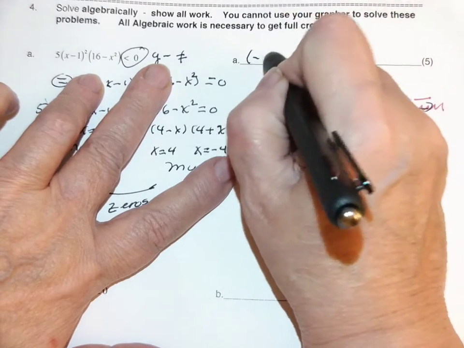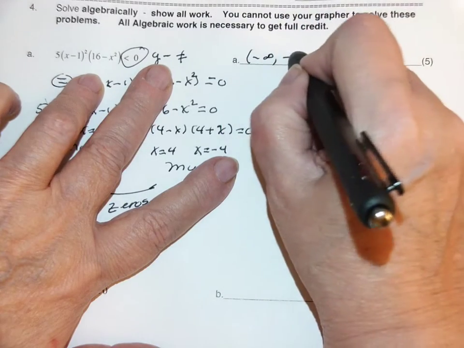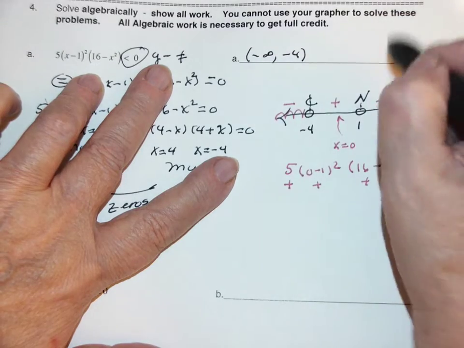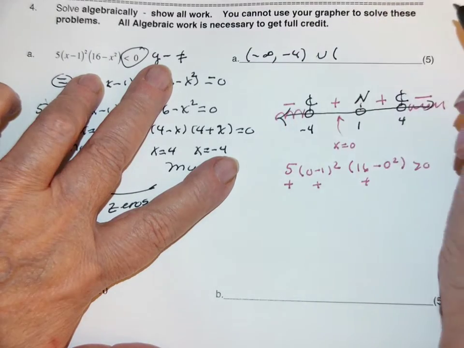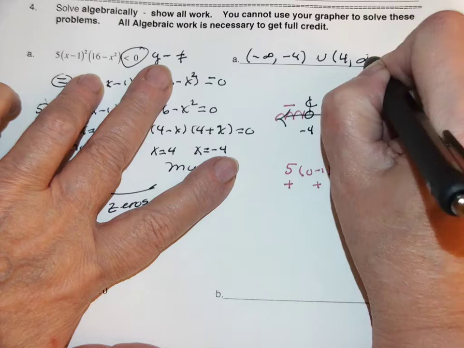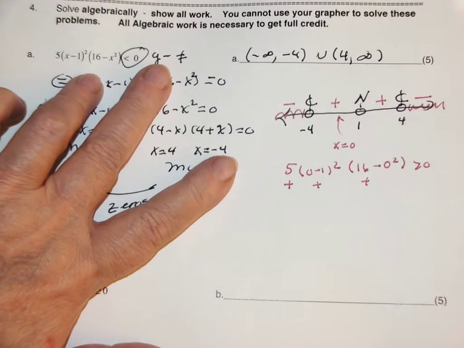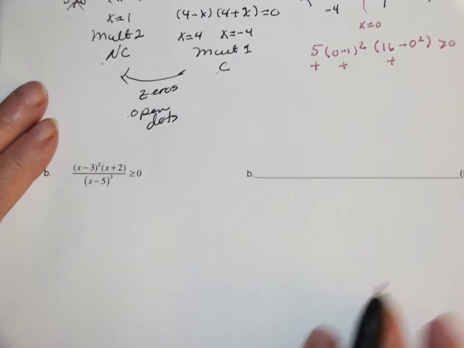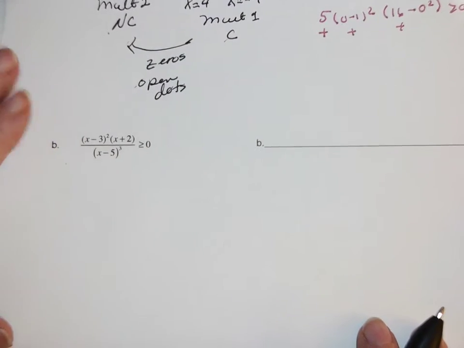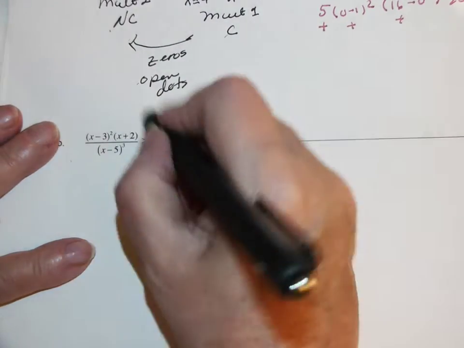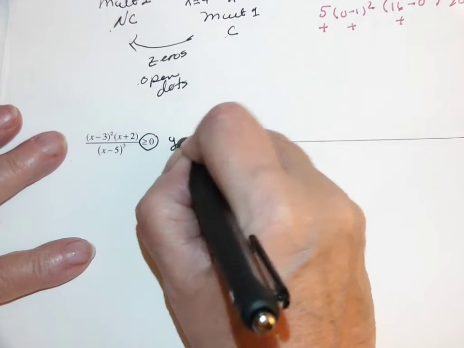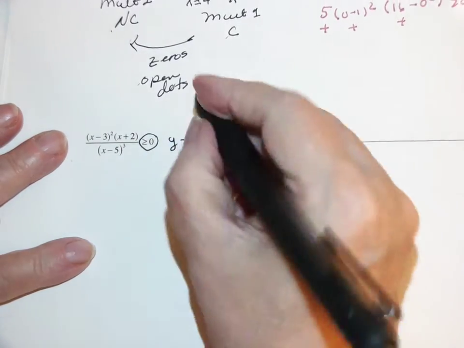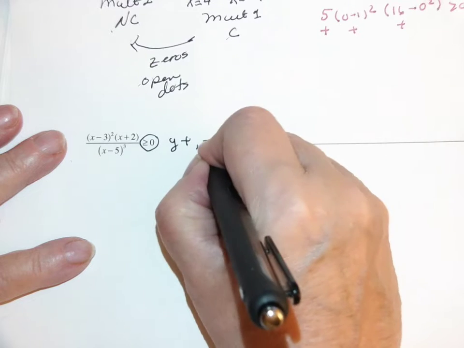So this is minus infinity, negative 4, union 4, infinity. Now here, I want y positive, so I'm looking for pluses. Equal, this means solid,